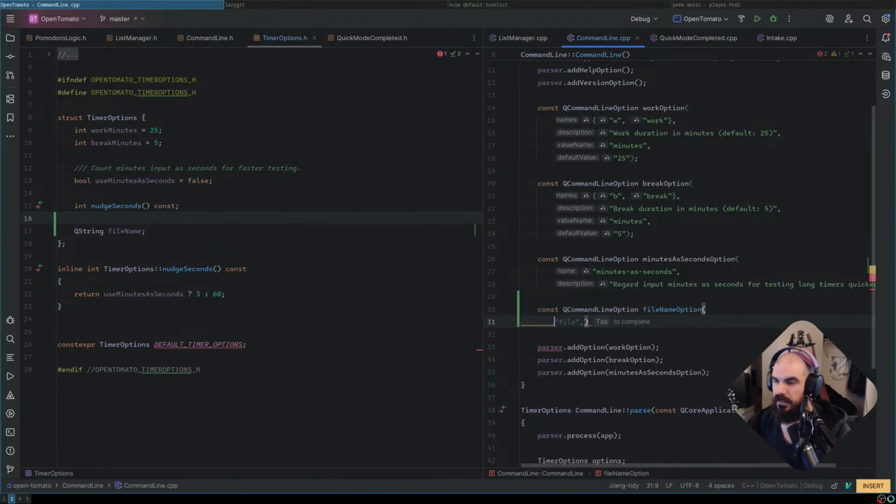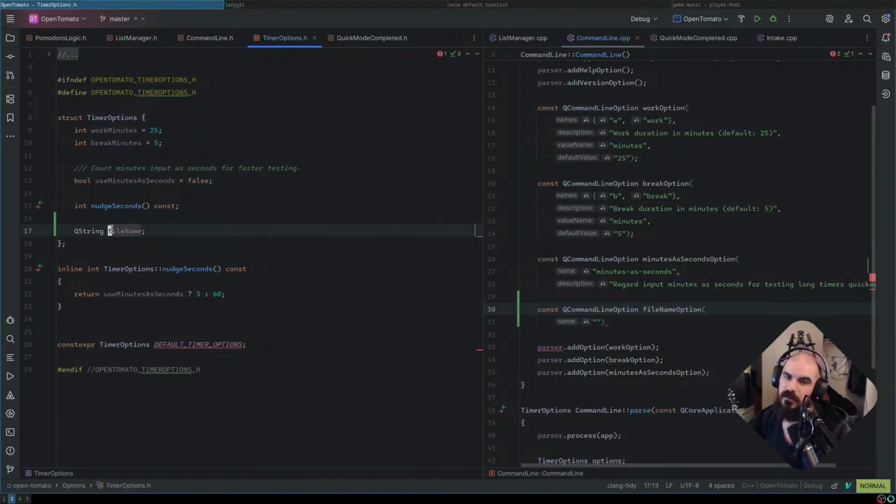And the name of it is going to be, oh, actually file name. Oh, true, it's not going to be file name. Oh, dear. Conundrum. Do we pass the file name